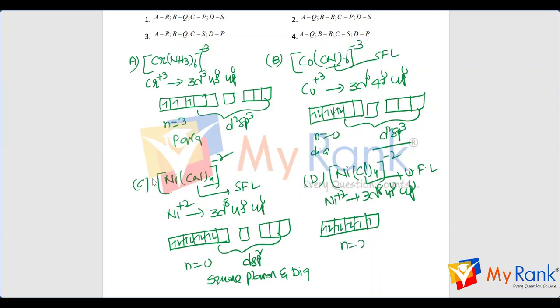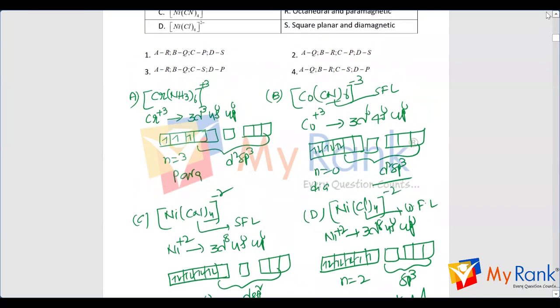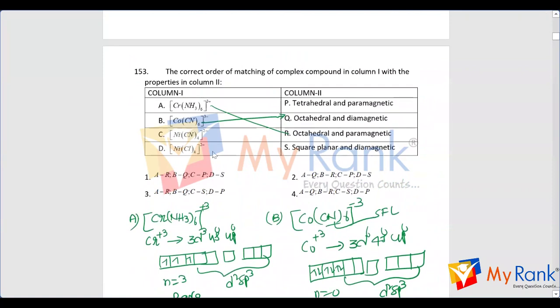N is equal to 2. 2 unpaired electrons are there. And the 4s and the 4p. Hybridization is sp3. This is paramagnetic and tetrahedral. And if you see this one here, [Ni(CN)4] is the square planar,